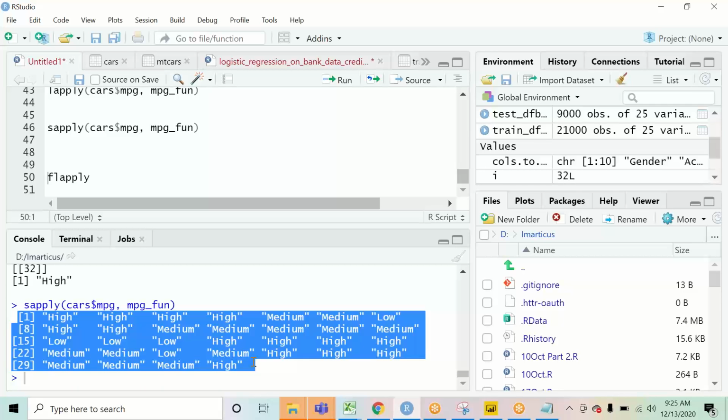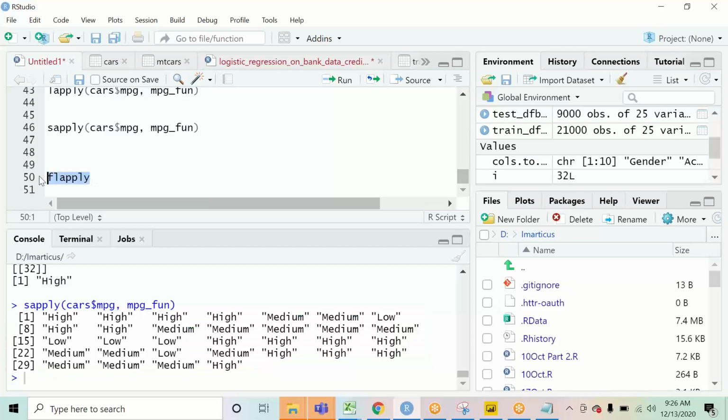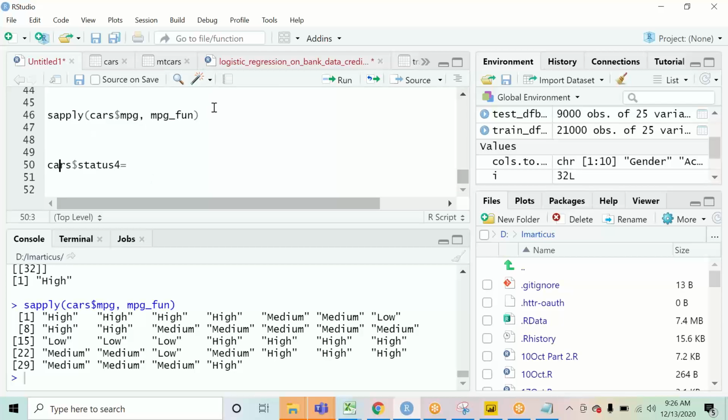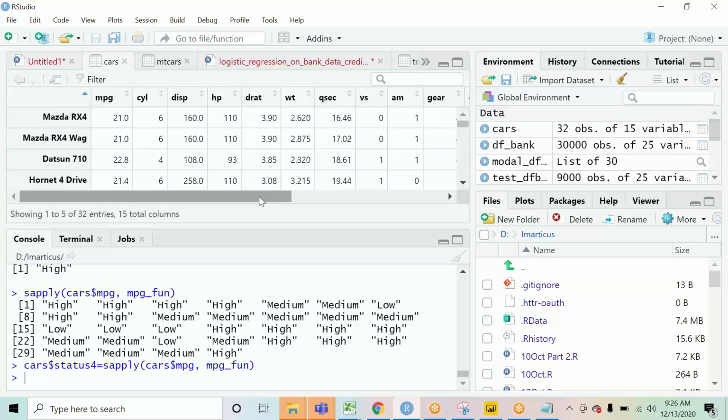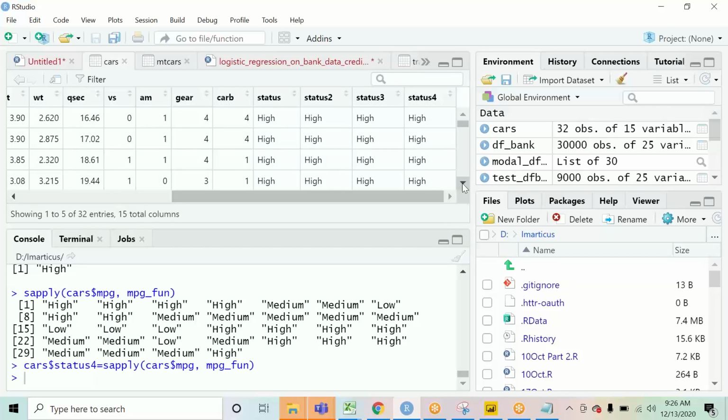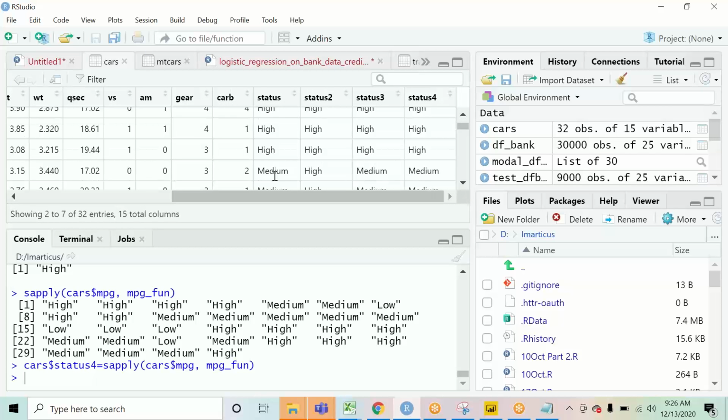Now I could have achieved the same thing by using the apply family of functions. I could have said cars dollar status pour is equal to this. So if you will see now, if I'll check, there is another fourth column that I've just added, and it will also be having the same values, right?